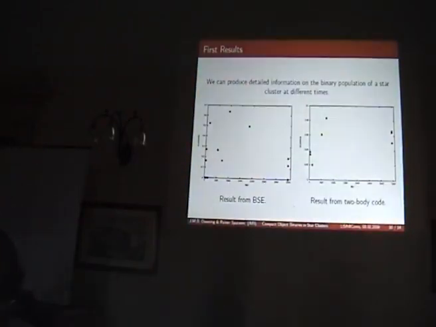And by doing this, we can get some rather nice results. We can produce quite detailed information on binary populations in star clusters. So for instance, here's the result of what comes out of the binary stellar evolution codes. This is our initial distribution of doubly degenerate binaries. You can see there's some with a significant eccentricity still. So if they're going to circularize, it's going to be circularization through gravitational wave radiation. This is now in megayears, just to give you a more reasonable sense of units.